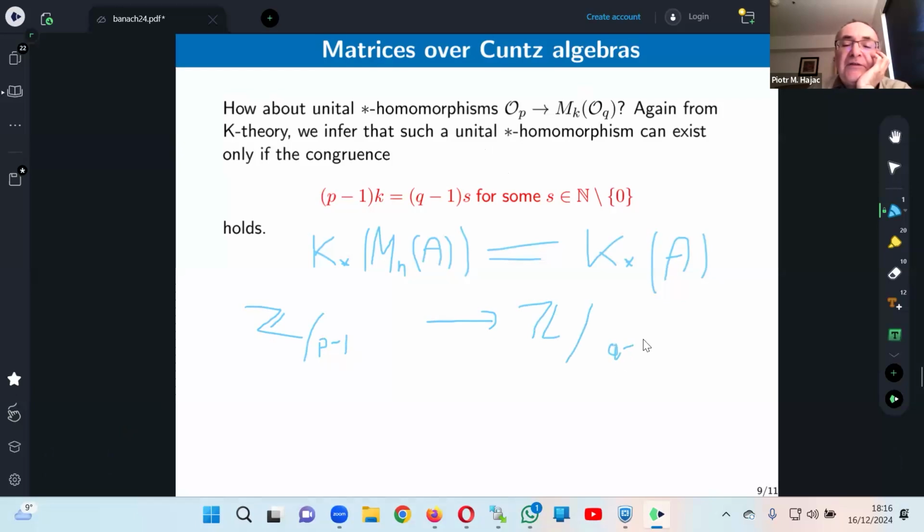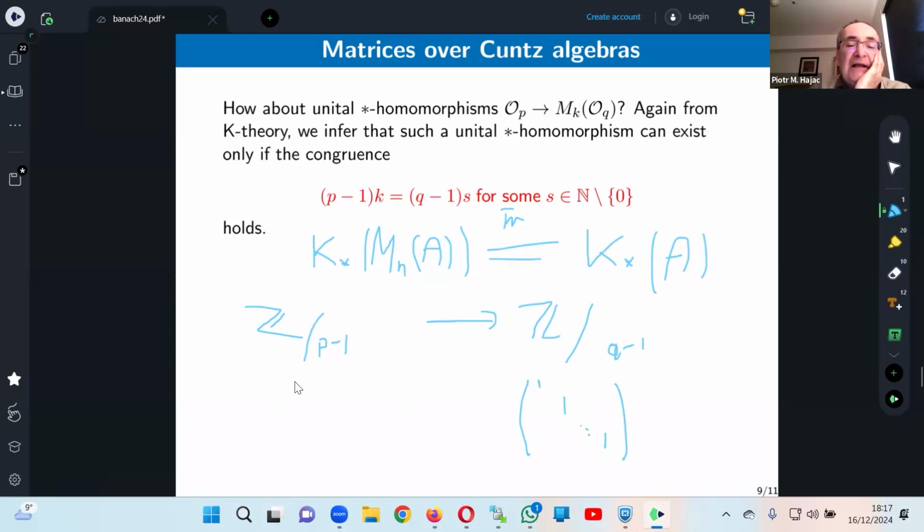But what is not stable, as you put it, is the class of 1. All right? Yes, that's the class of 1. When you look at the identity in this algebra, the identity is a matrix with ones on the diagonal. And this isomorphism of abelian groups is given by the trace.